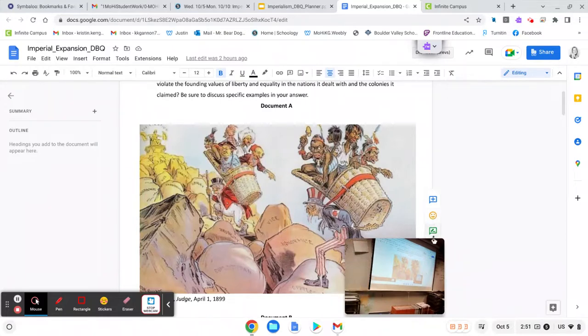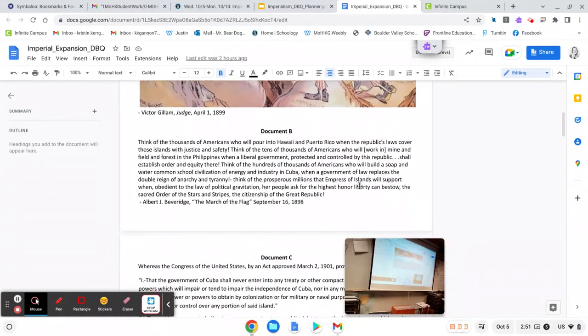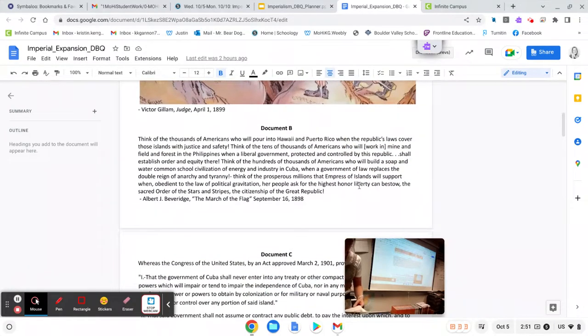Okay, next one. So I already did some skim reading of B. B is definitely a go get 'em, hooray for America. Maybe put a little star by B. Because what's in there that is awesome is the second line down, where it says that we are going to